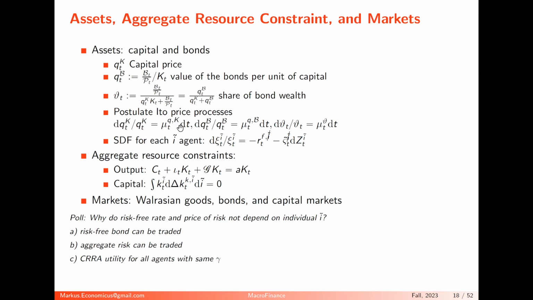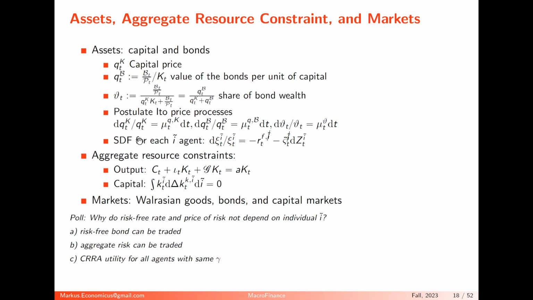Why is there no dZ tilde term? There's no aggregate risk. The idiosyncratic shocks wash out, and there's a continuum of them, so they don't impact the aggregate capital stock. Some have negative shocks, others positive, and on aggregate they have zero. So the capital stock just drifts with a certain drift rate, and QB, which is now the total wealth of all government bonds per unit of K, is also drifting. Hence var theta is also drifting in a sense.